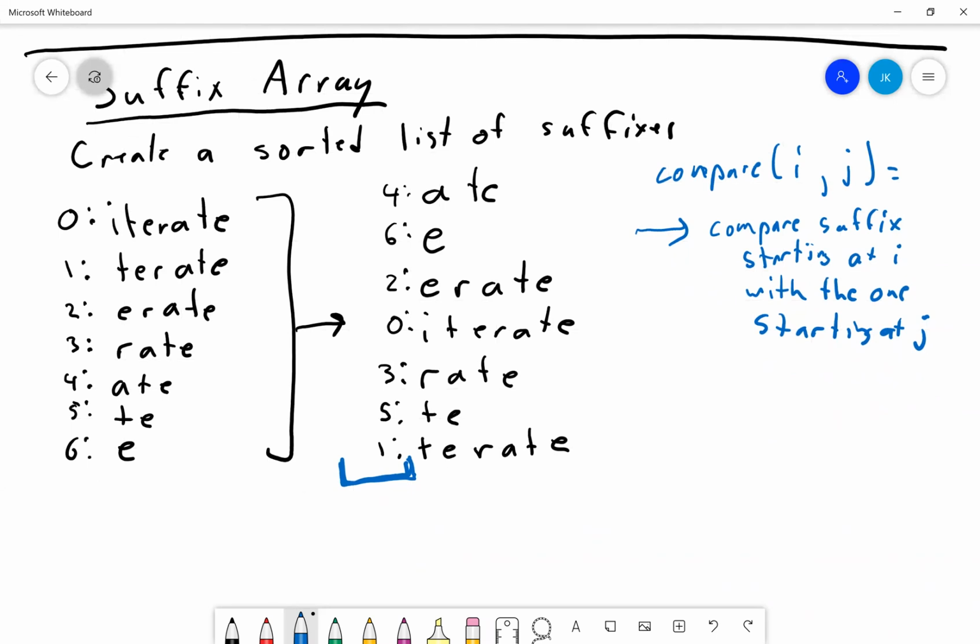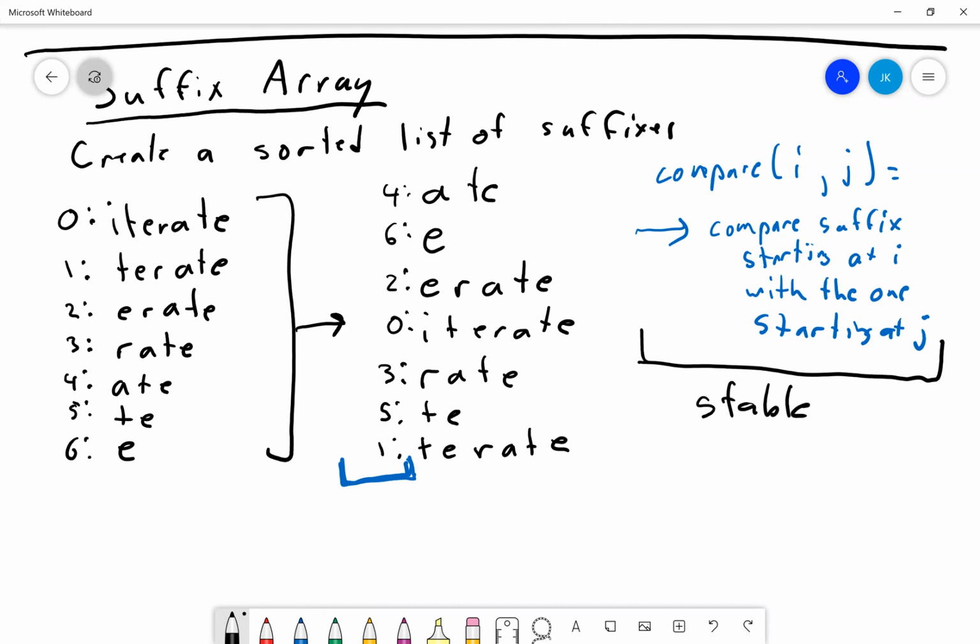The problem is that this comparison over here can actually take some time, so it's not as easy to do this as you might otherwise think. Okay, so there is an implementation. It's not one I'm going to go into, but there's a very efficient way of doing this sort that's not just doing this part up here, and it involves using a stable sort,